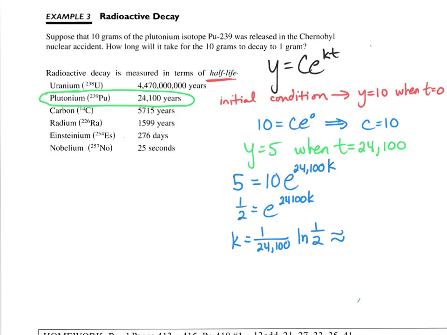Negative 2876 to the minus 5, so that's negative 0.1234. What was the number? 2876? Well, okay. We've already got 0.000, so we may as well leave it. So that means my general equation